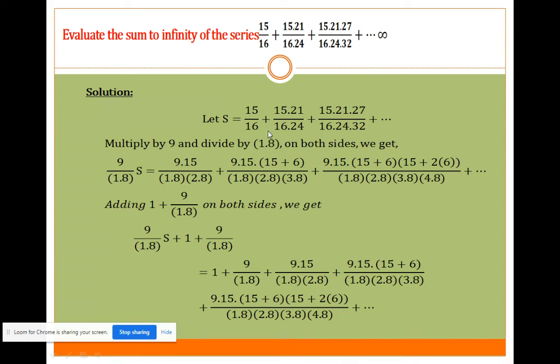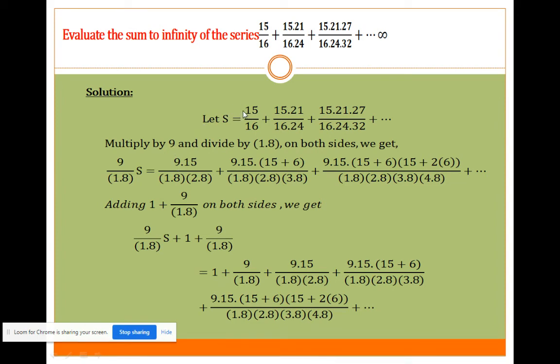So we are multiplying both sides by 1 by 8, or we can divide both sides by 8. So we will get s by 8 is equal to 15 by 8 into 16, etc. Okay, now the denominators contain all the multiples of 8. Next you see, in the numerator, if we are multiplying here by 8, the number of terms will not be equal in numerator and denominator. For that, we have to multiply with the previous term.